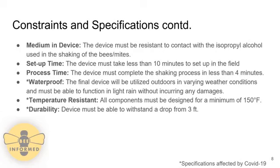Waterproof, temperature resistance, and durability were 3 specifications that were affected by COVID-19. The waterproof specification was altered to say that the shaking device must be able to function in light rain without incurring any damages. This is important since the device will be used outdoors in varying weather conditions. Temperature resistance and durability were made less restrictive